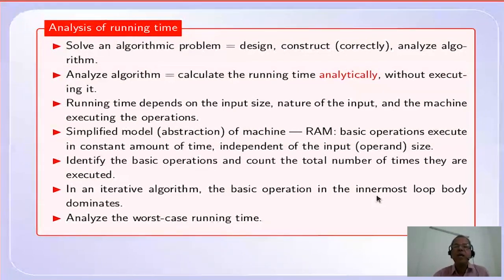For that intention, we don't need the tedious details of an actual machine. Therefore, to analytically calculate the running time, we consider a simplified model, an abstraction of a machine. We call that the random access machine, RAM. A very important observation about the RAM machine is that it has an instruction set or operation set. The basic operations execute in a constant amount of time,